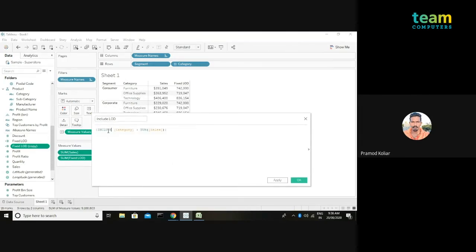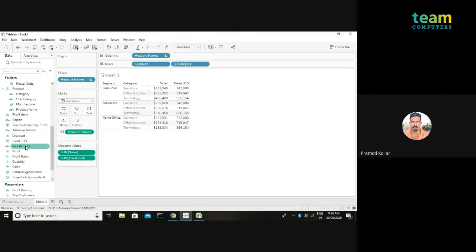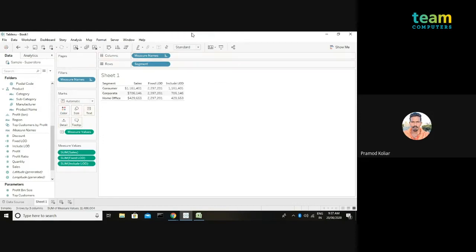Same syntax, same thing. Only thing is that the function will change over here. Click OK. Now I have the include level of detail expression. Now you can see, even if I remove the category from here, it will give me the same number that is showing for the sales figure.